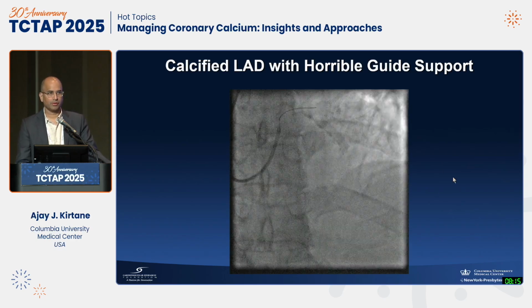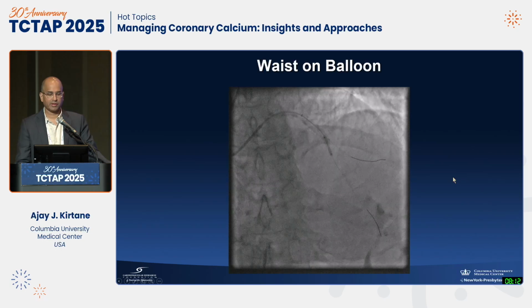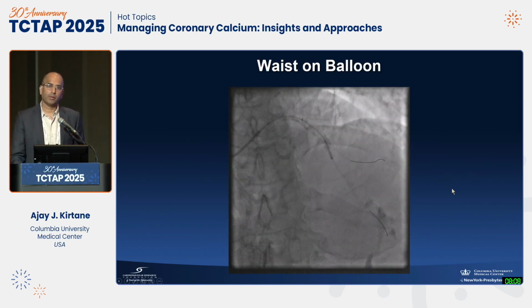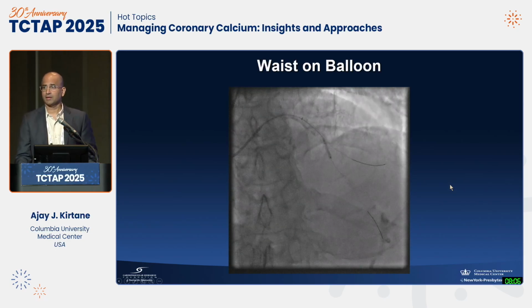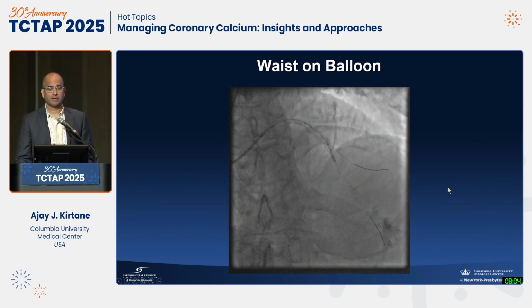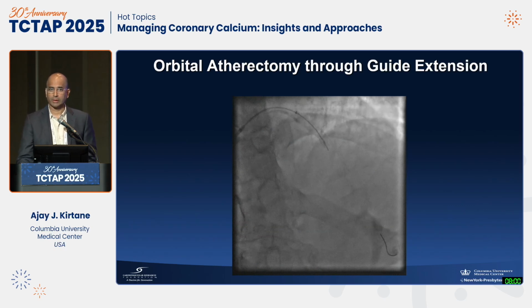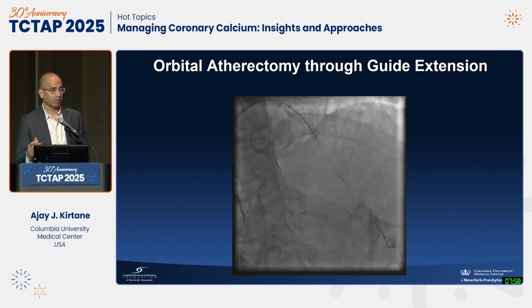I put a wire in the circumflex, it's horrible. Even with a guide extension, it's terrible. And even with a balloon, there's a waist on the balloon. So I need to do atherectomy, but what am I going to do because I have a guide extension down? Well, with a 6 French guide extension, you can do orbital atherectomy. You can try to do a 1.25 burr as well, but in this case, it was perfect for this setup